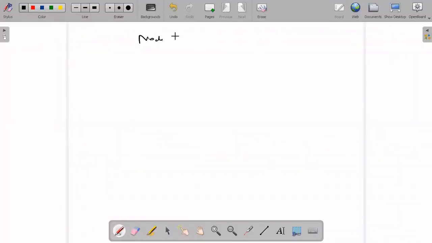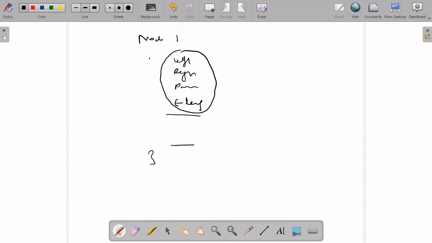So in the Node class, we have left, right, parent, and element. We'll have a constructor as well as getter and setter for these four variables. And everything will be private. Here we'll have getter and setter methods, and I need to have one constructor. So what is the structure of the constructor?